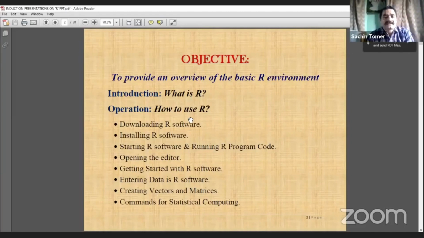How to use it means how to download the software, how to install it, how to get started, how to write a program, what the editor window in R is, how to create a vector and matrices, and some statistical techniques and how to obtain them with the help of R.